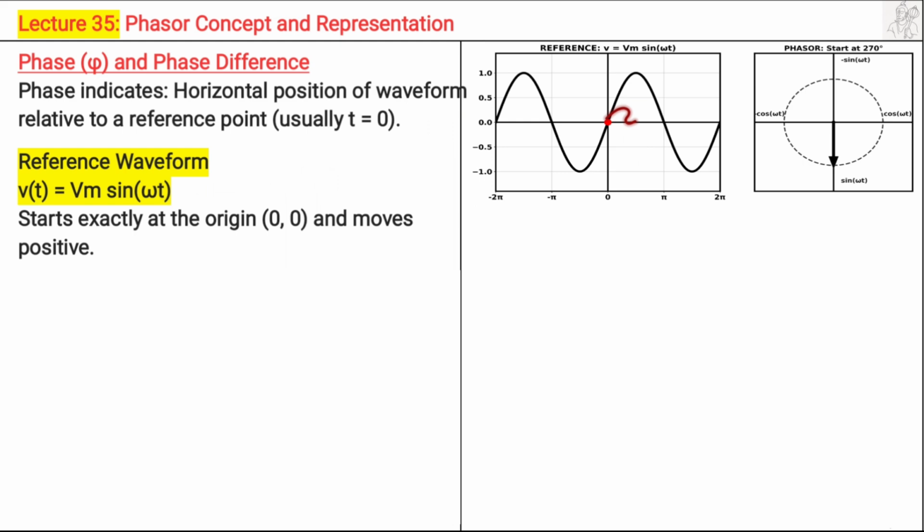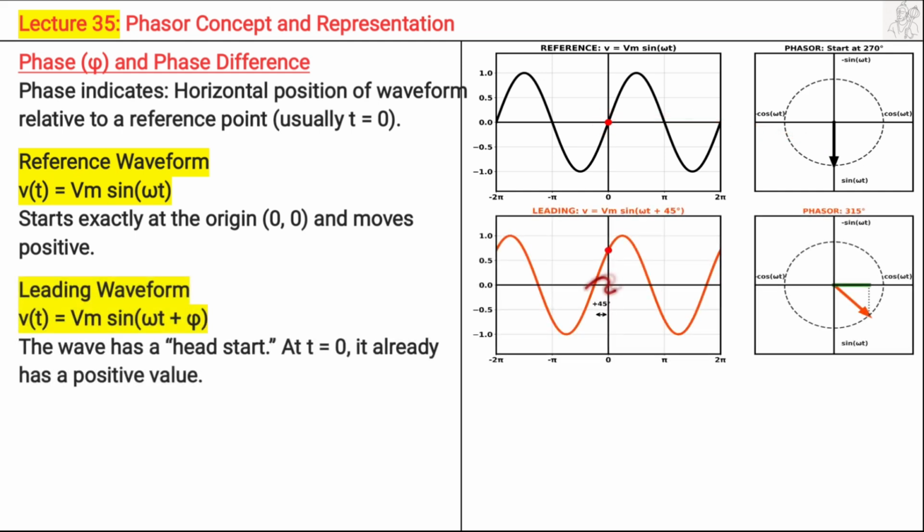And as per cosine reference, this point is indicated by this position in the phasor diagram. Let's move on to the next waveform. The starting point of this waveform is ahead of the time t equal to 0 reference point. Therefore, this wave is said to be a leading waveform, and the equation of this waveform is simply Vm sin omega t plus phi. And as per phasor representation, this is represented by this phasor, which is at phi angle ahead